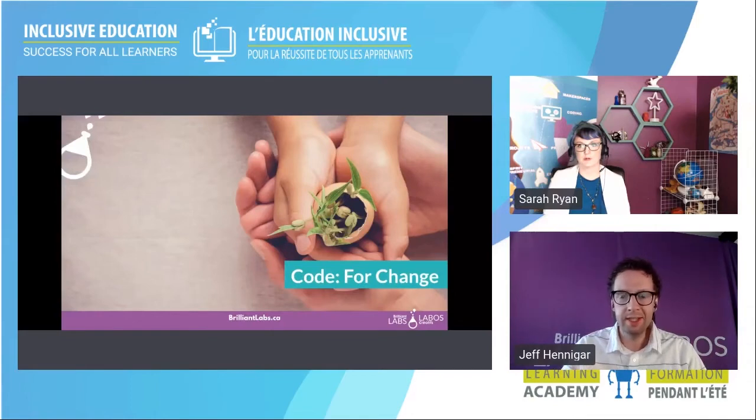So this leads into this idea of using coding as an agent for change. So students don't need to just be that consumer, like Sarah was saying. They can create things that make life better or safer for others, including at the individual level, but also in terms of their community or on the wider scale, of the world. That was harder in the past, but now with technology and with coding, these things are really accessible to us